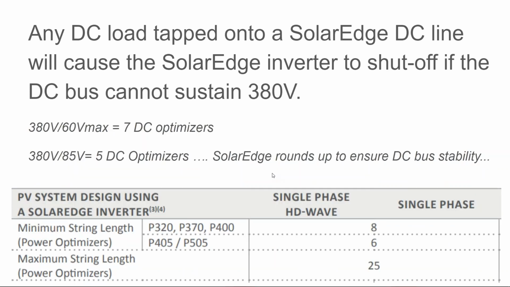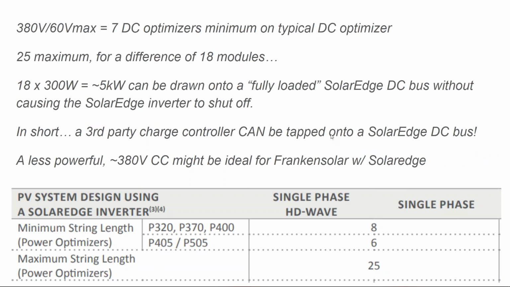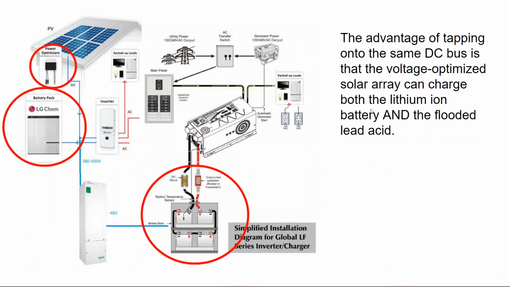Basically, as long as you stay within the operating parameters of the voltage requirements of the system, there's a minimum amount of voltage the system needs to work, a maximum amount of voltage the system can work at, and anything in between is power that you can draw off of the DC bus into your lead acid charge controller, provided that you have a 600 volt DC home run for your SolarEdge system and you're using a 600 volt charge controller. It will work. It's just that SolarEdge won't like you very much because they want to sell you the whole system.